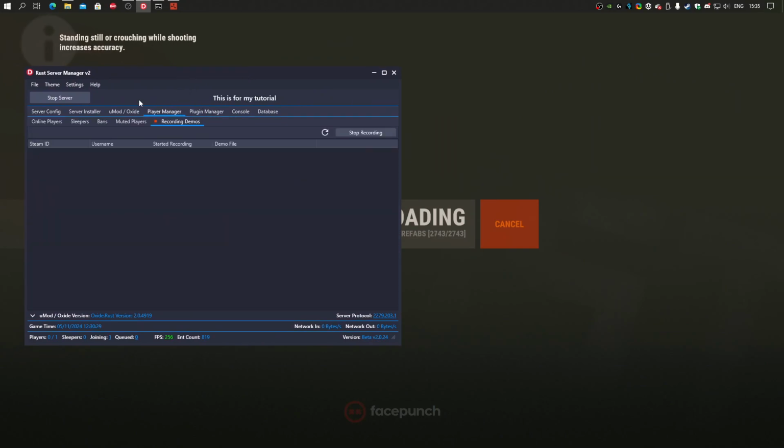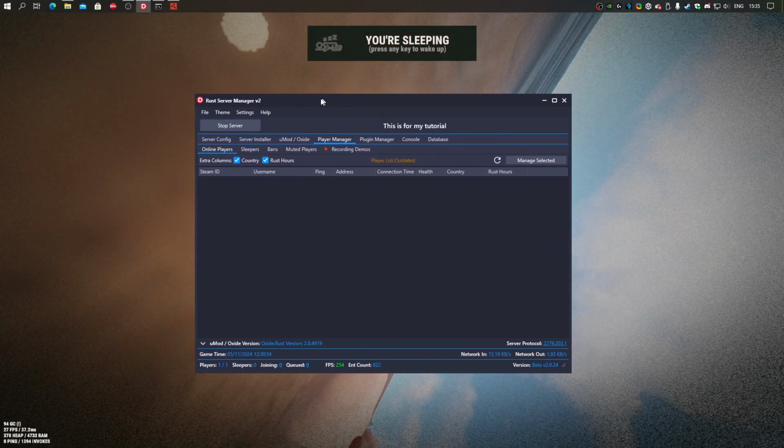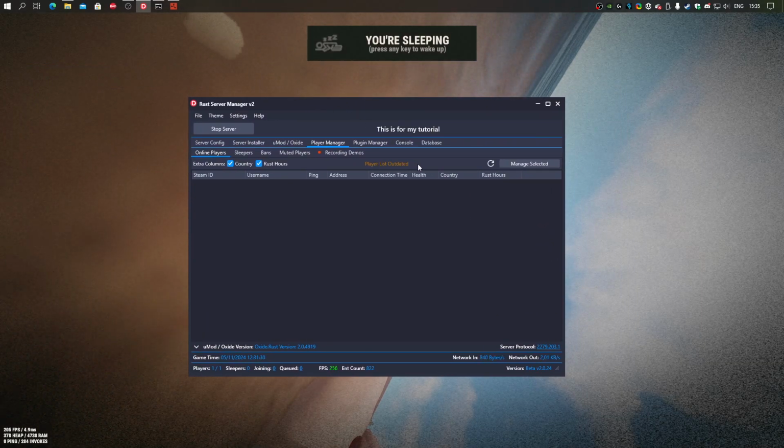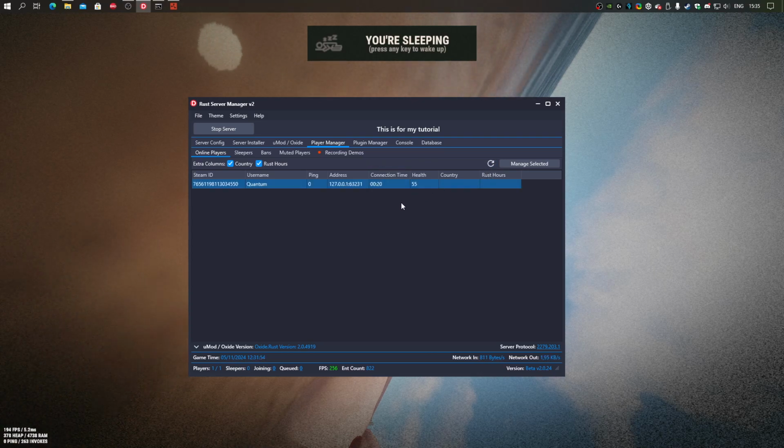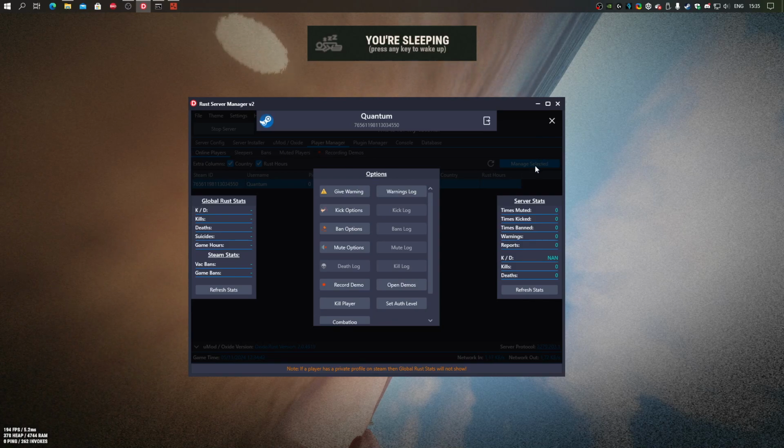So I'm going to go to player manager and online players, and I'm in. It'll tell you the player list is outdated and you can fix this by hitting refresh. Obviously I'm on local IP address, country won't show, and the Rust hours won't show because I have not added a Steam API key. So we can just select any player name and click manage. Now if you did set the API key, this is what these stats will show. These are global stats,